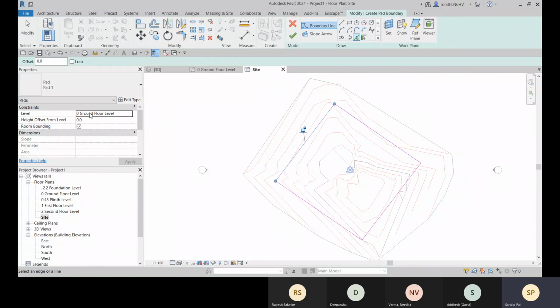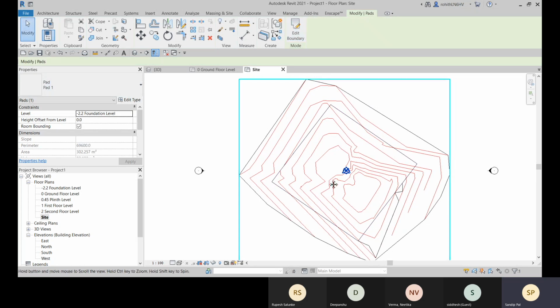It can be placed at the ground floor level, or you can place it at the foundation level also. Okay, so there you can place this as a PCC bed. Let me show you that, and you can go for finish.